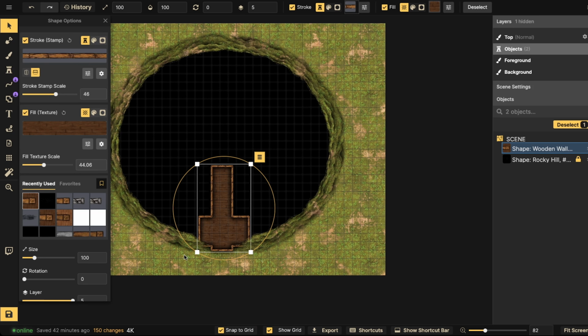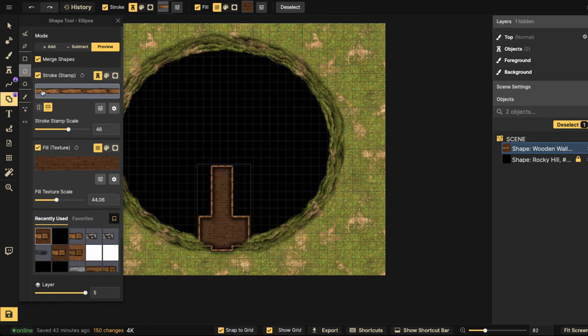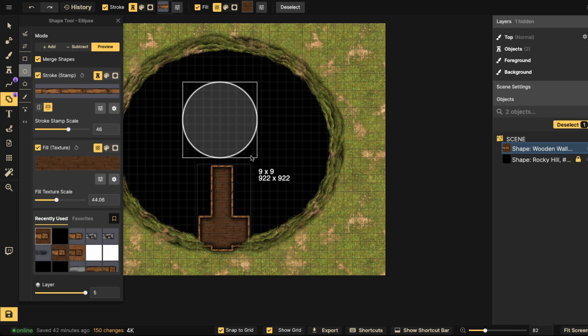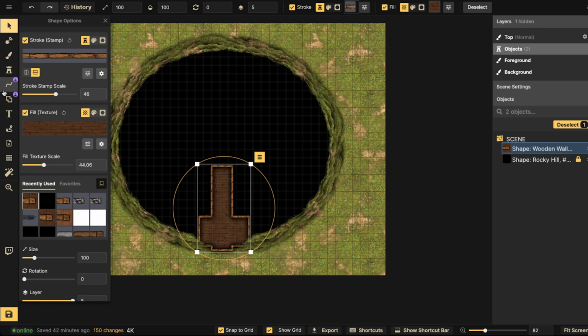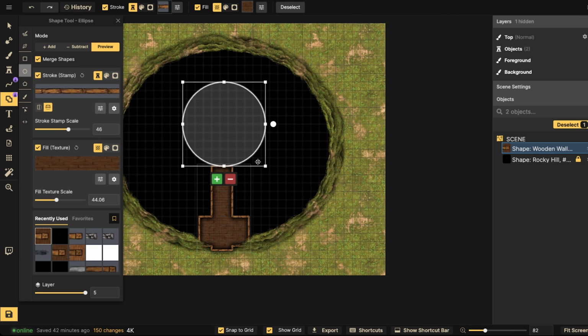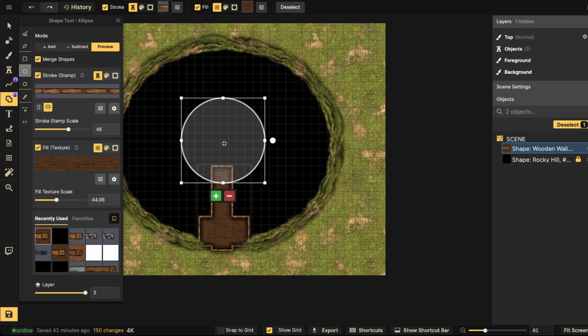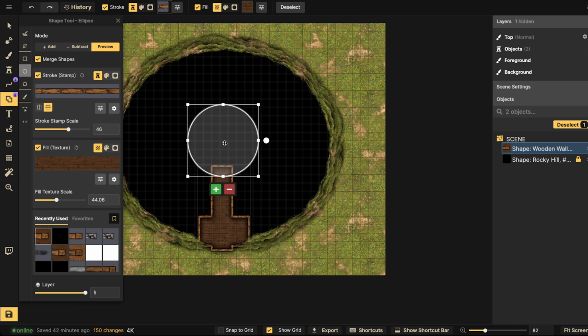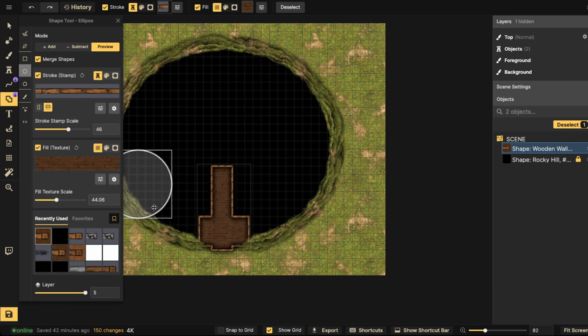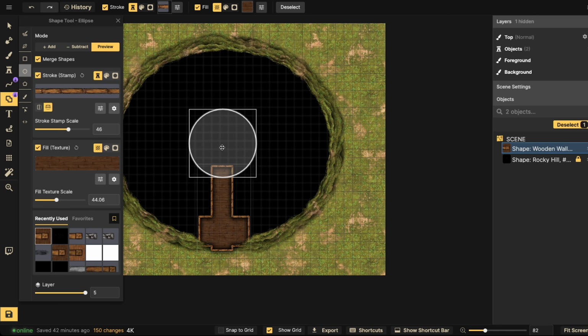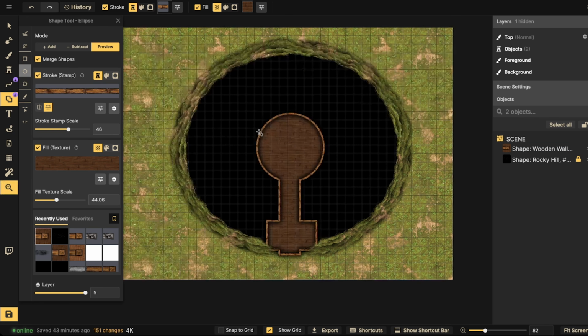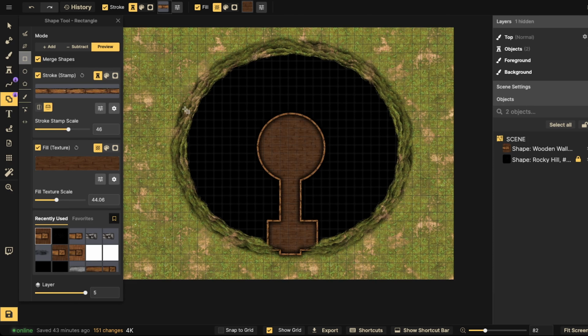So let's go ahead and turn snap to grid off, and we'll leave the preview on so that I can kind of see it. About that size looks good. Let me do it again real quick. Good. Let's add it right about here. Oops, I want to turn snap to grid off. There we go. This will be like the center foyer. I'm going to make sure there's enough room for around here. So we'll put the foyer here, right there, plus, there we go. There's our foyer, and then we'll create a series of rooms